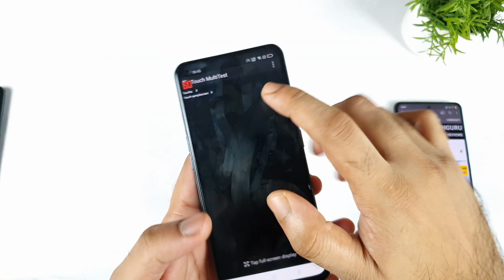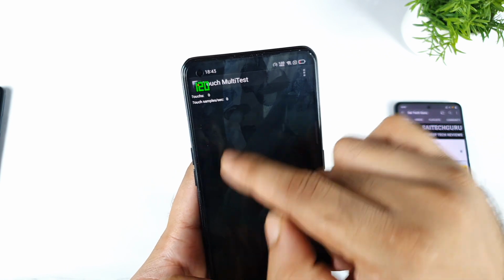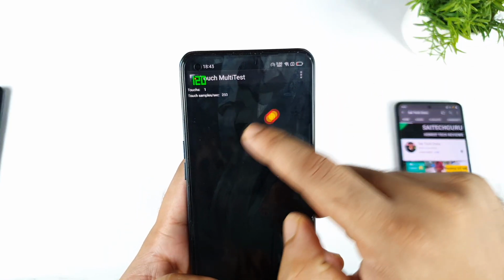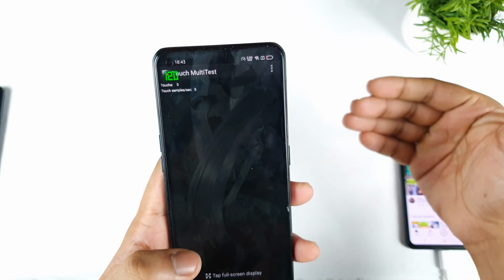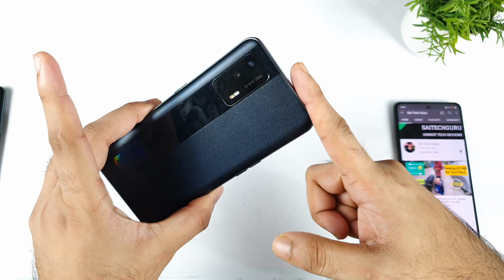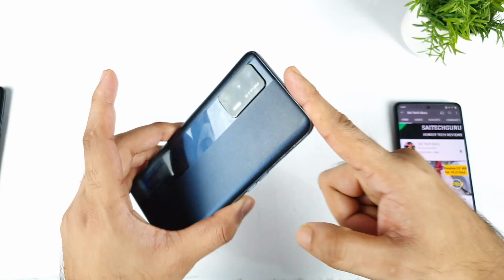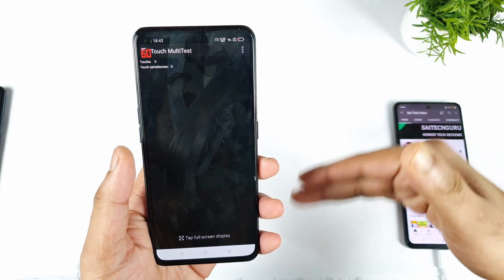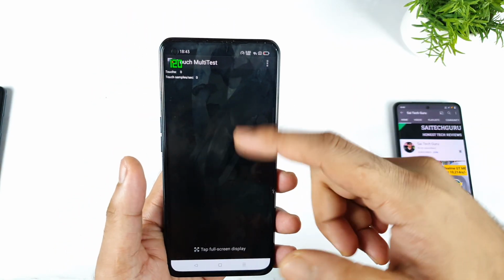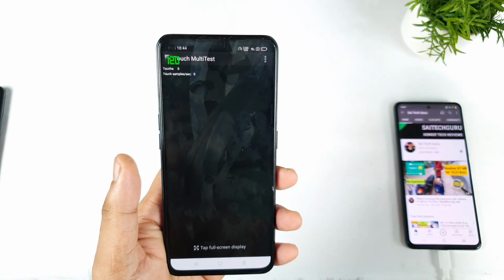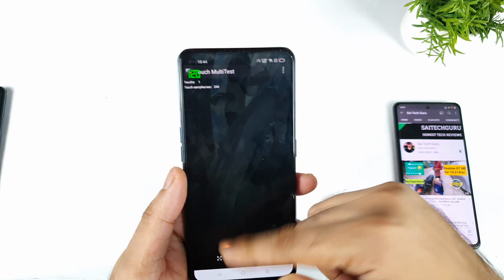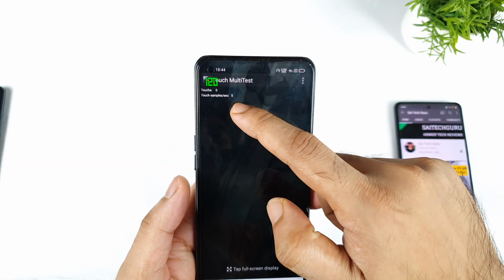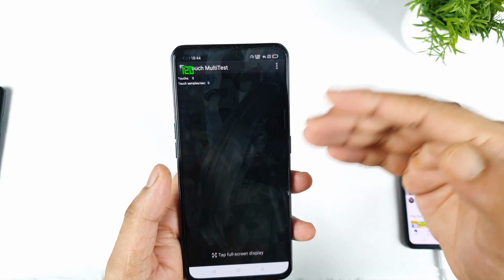So what is the value you get in the touch sampling rate? You need to subtract the refresh rate you are using. Right now I'm using a 120 Hz refresh rate. So 360 minus 120 Hz, you will get a 240 Hz touch sampling rate in the Realme X1 Max. Maybe if Realme included the refresh rate plus the touch sampling rate, then we would get 360 Hz. That could be completely different. But Realme only mentioned the 360 Hz touch sampling rate. So the value should be close to 480, then it makes sense.